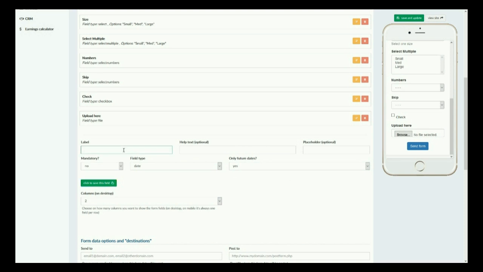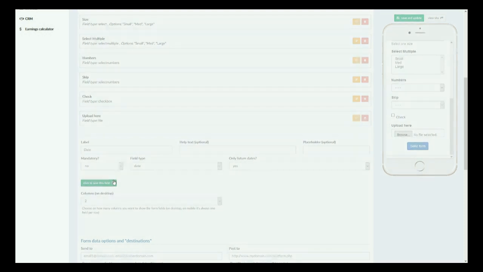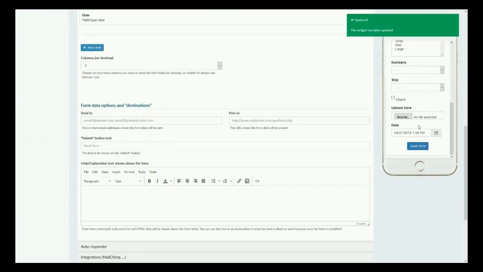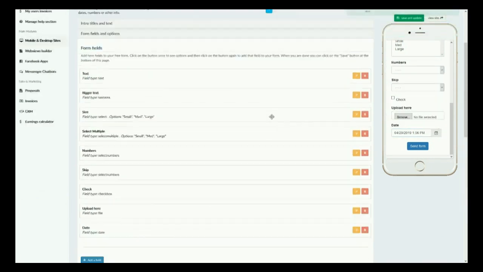You've got to give this a label. And then that way there's a little calendar. They'd be able to select a date that they want for a reservation or something,